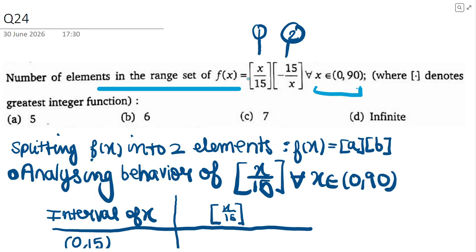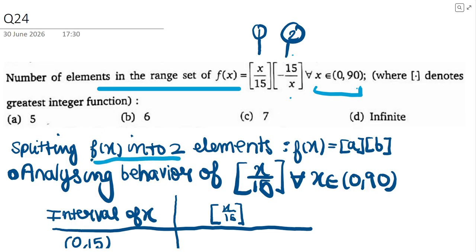All right, so we can see that the function is having two greatest integer parts. It would be very tedious if we solve both parts simultaneously. So why not check the first part, and then using the values of the first part we can check the second part, right? In these kinds of questions, it's better to split both greatest integer functions because they are different and showing different behaviors.